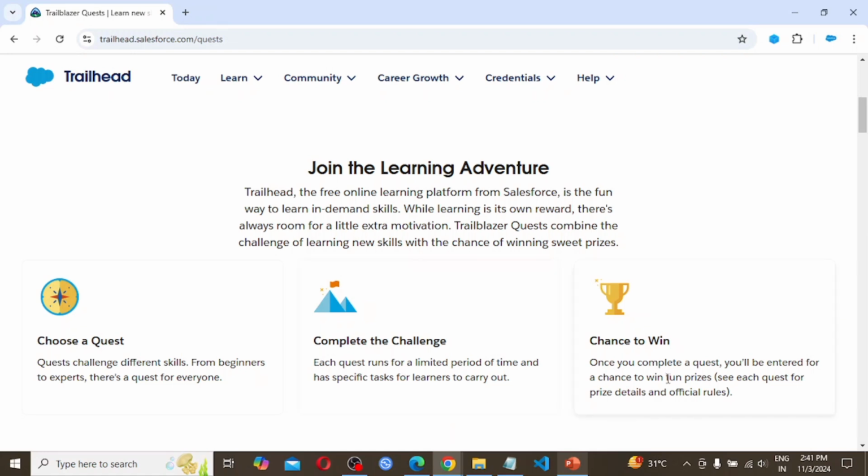Chance to win. Once you complete a quest, you will be entered for a chance to win fun prizes. See each quest for prize details and official rules. Also, there are rules for winning the prize. All the details are given by the quest itself.